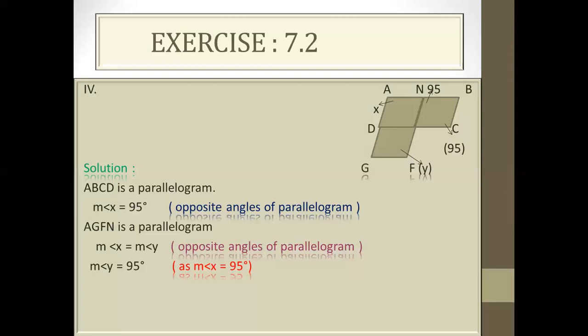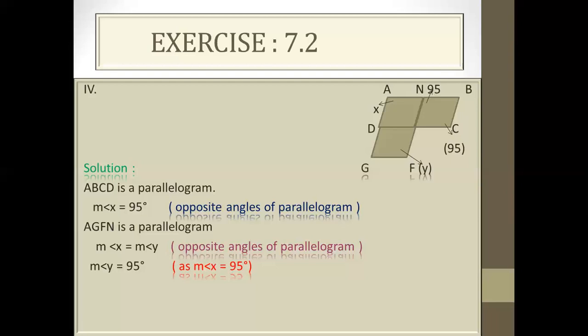Is it clear to you? Y lies in the AGFN parallelogram and also X lies there, and X is also common in ABCD and AGFN. So first we calculate the value of X and then we calculate the value of Y. We also can find Y is equal to 95, and if we see these